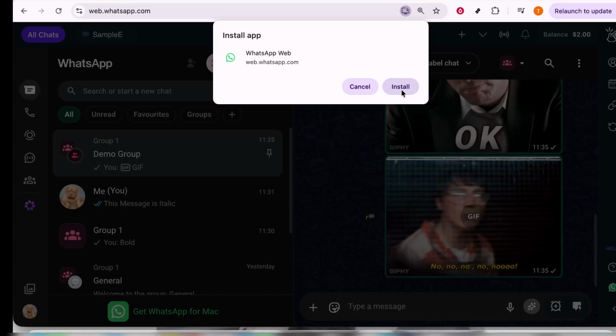And there you have it, turning WhatsApp Web into a desktop application that functions just like any other app on your system. I hope you found this guide helpful and that it enhances your productivity or simply adds a bit of